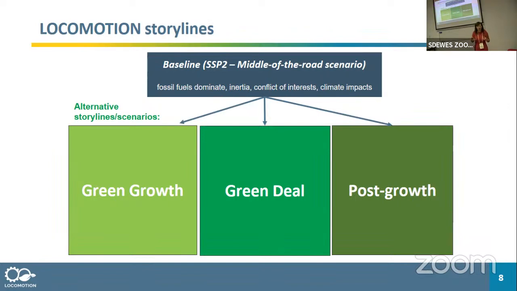as the new developments are going on. But at some point, you have to stop and make an agreement on what you consider as a baseline. And in our case, for LOCOMOTION, we decided to go with SSP2, the middle of the road scenario, which is part of the SSP framework of IPCC, which was applied in the fifth assessment report and 1.5 degree scenarios. So our baseline scenario in LOCOMOTION will be SSP2, the middle of the road scenario, and we also test against that not only green growth but Green Deal and post-growth storylines and all the relevant policies and measures and objectives which are somehow associated with these three different